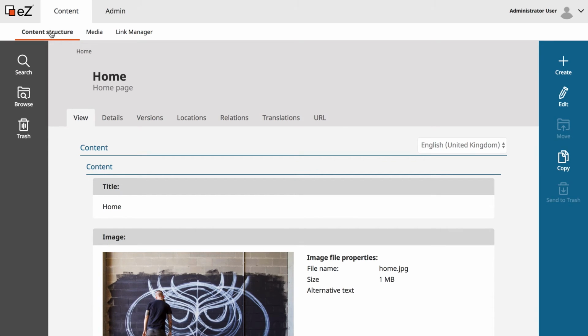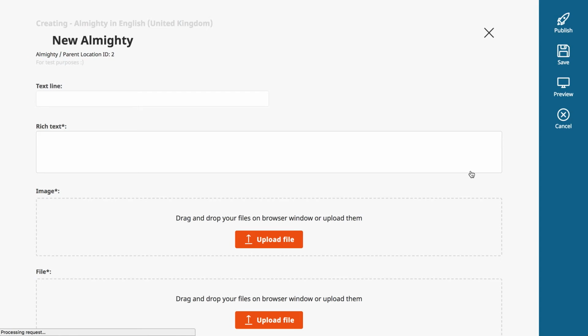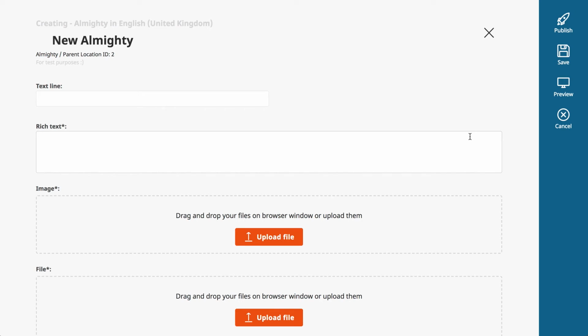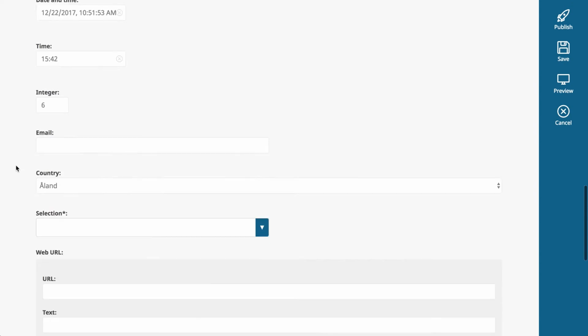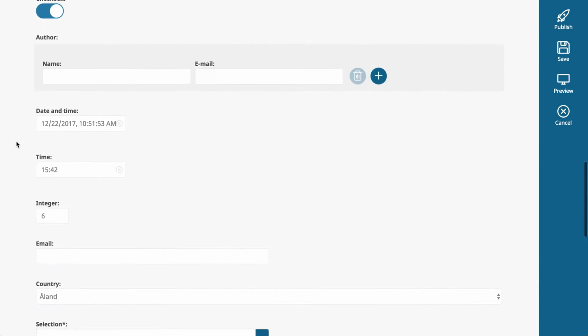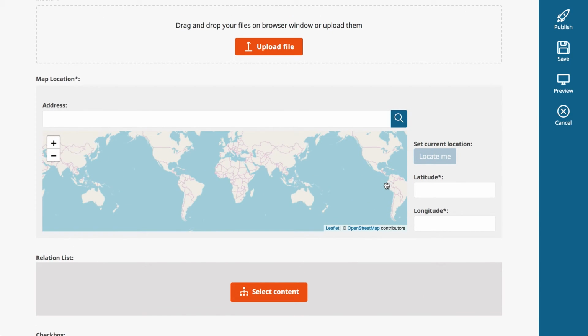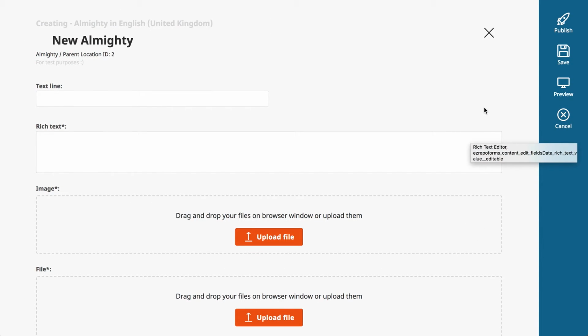And all the field types that are also used by the CMS have been ported to this new version. I can show you, for instance, when I create the almighty content type, I create a content item of this type. It's just a test content type, which actually uses all the field types that we have by default in the application. And you can see that they are all here, editable, and they all look much better than what they used to. The map location has been changed, not using Google anymore, but using OpenStreetMap. This way we don't require a key for users to see the map. And everything has been ported and everything is now done with the new look and feel.